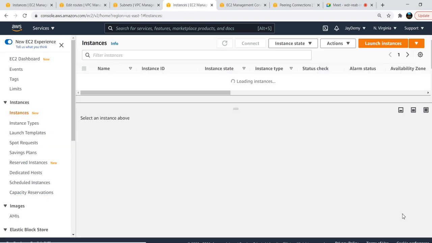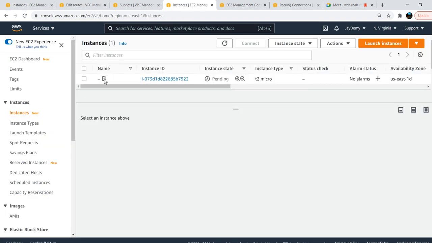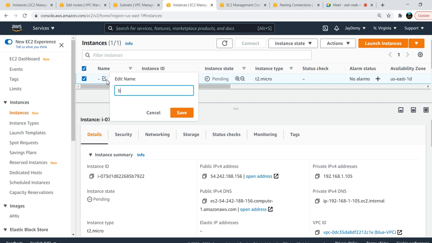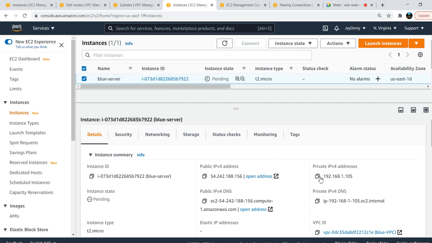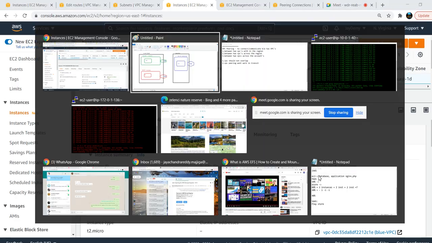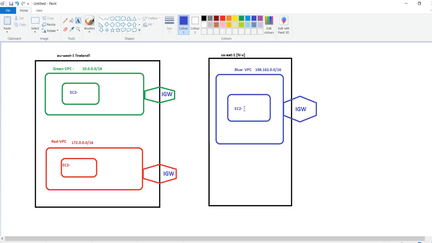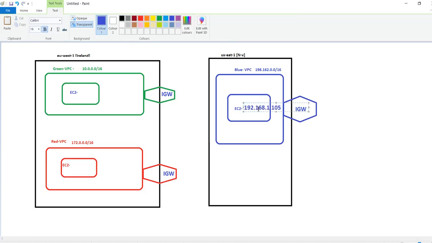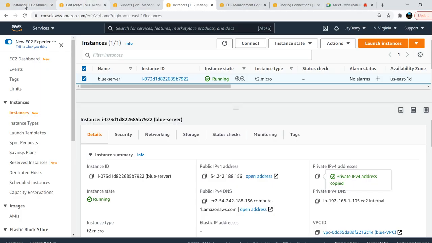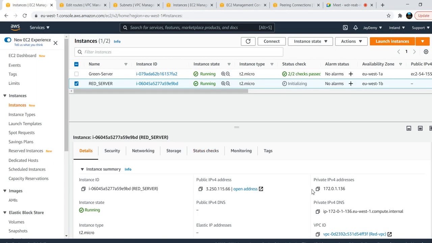Okay, view instances now. We will give the name to this one as blue server. Just save this one. Copy the blue server IP address. I have copied it, and I came here and I am pasting this one. In the same way we will use the remaining EC2 servers' IP addresses also.